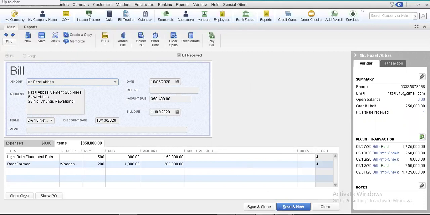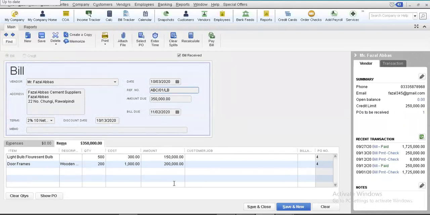So my dear friends, over here, this is the reference number of the invoice that our vendor has issued to us. Let us suppose that this is the reference number, that means the invoice number. All right. And over here, my dear friends, all the information that was previously incorporated on the bill is there. Over here, this is the amount due, and this is basically the amount that was charged per item.